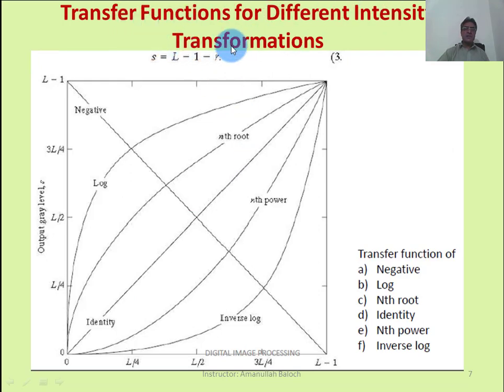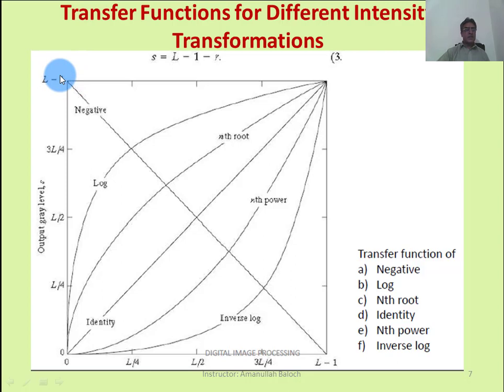Transformation functions for different intensity transformations. Here you may see this line starts from zero and goes to this corner. This diagonal line is called the identity line. This is the graph of the identity image. And when we transform it, let's suppose we convert it into a negative image, its graph becomes totally inverted.